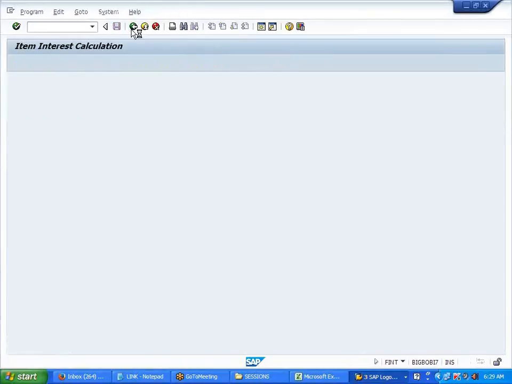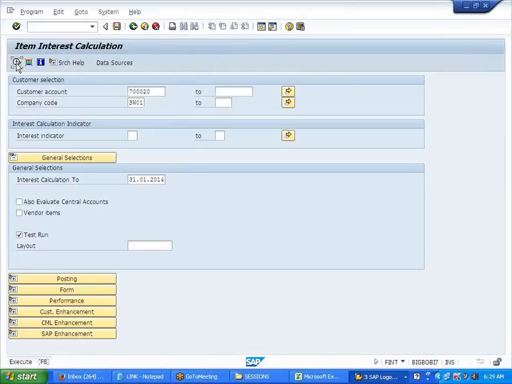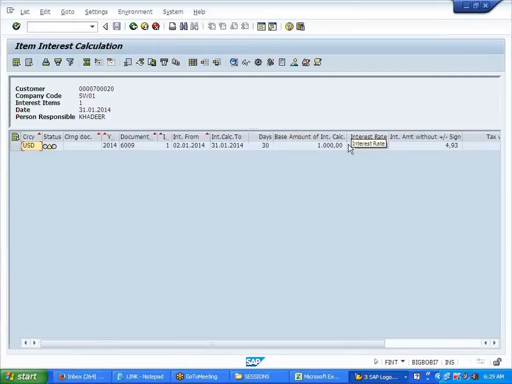Back. Execute. 6%. So instead of maintaining the interest rate directly, you can maintain it in the premium so that it becomes specific to that interest calculation, or if you want to add on a premium rate more than that on the interest, you can maintain it over there.